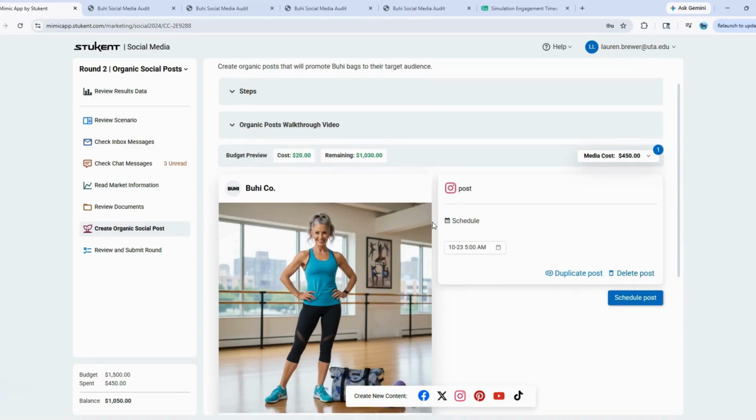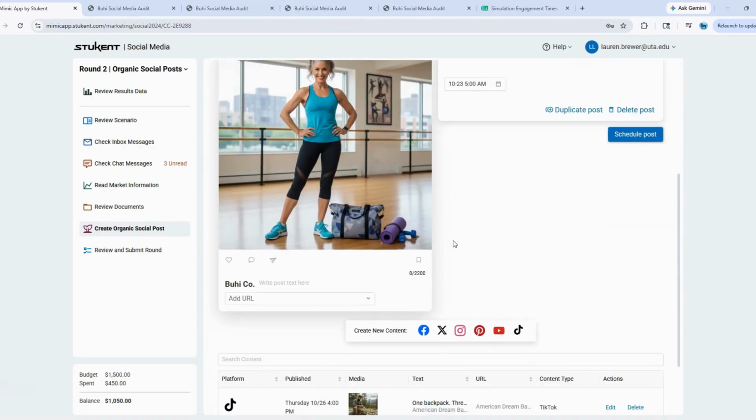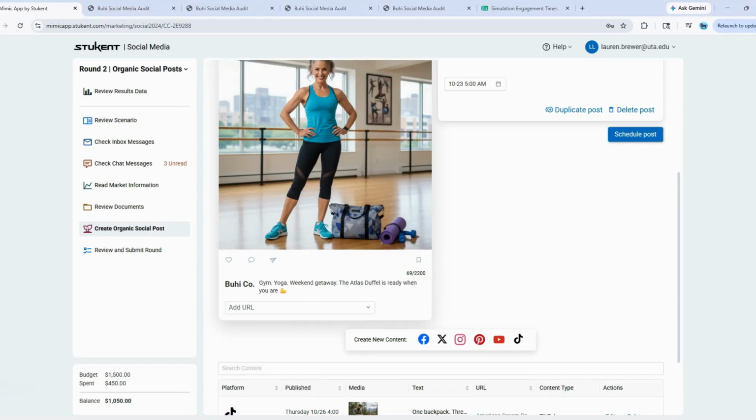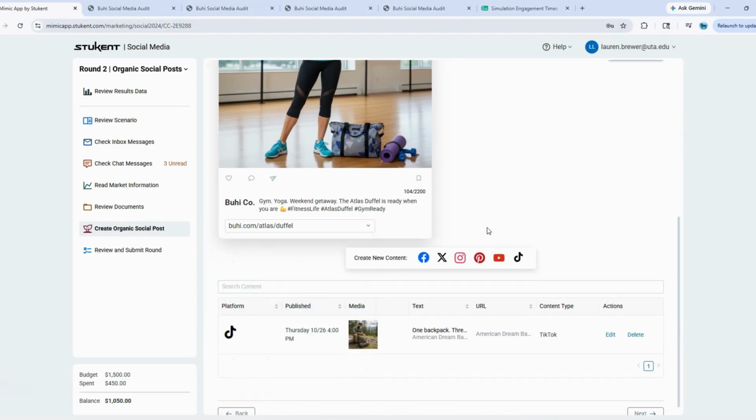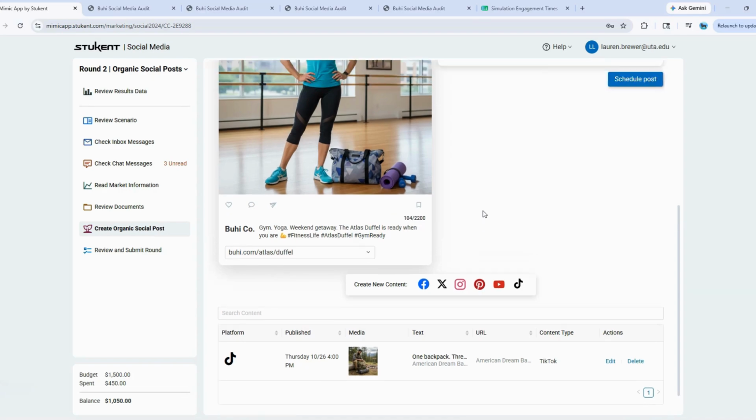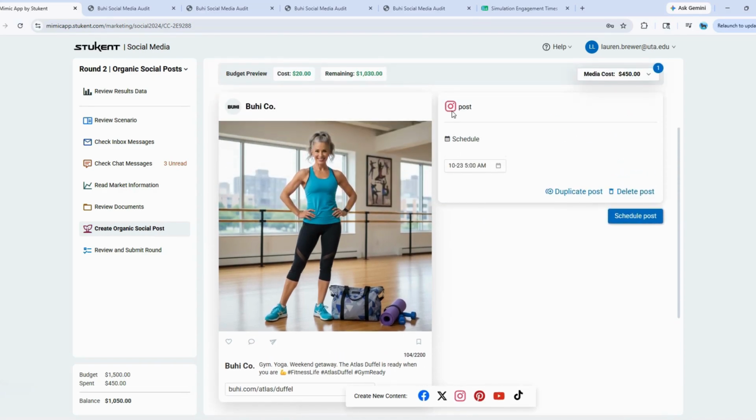Okay, we're going to pretend and see what the simulation says. So let me add my caption. Add a couple of hashtags, and we're going to use that Atlas duffel. I'm hoping that because we used Atlas duffel in our caption and then we're linking to it, that will suffice, but we'll find out.